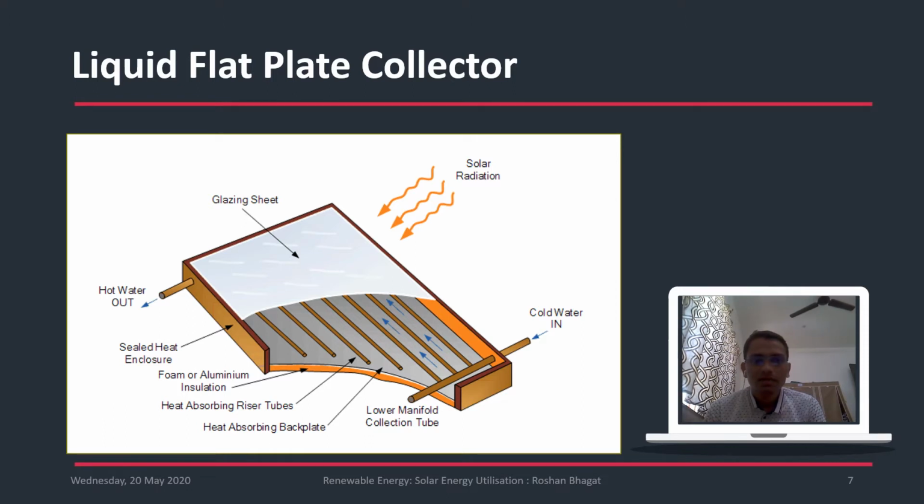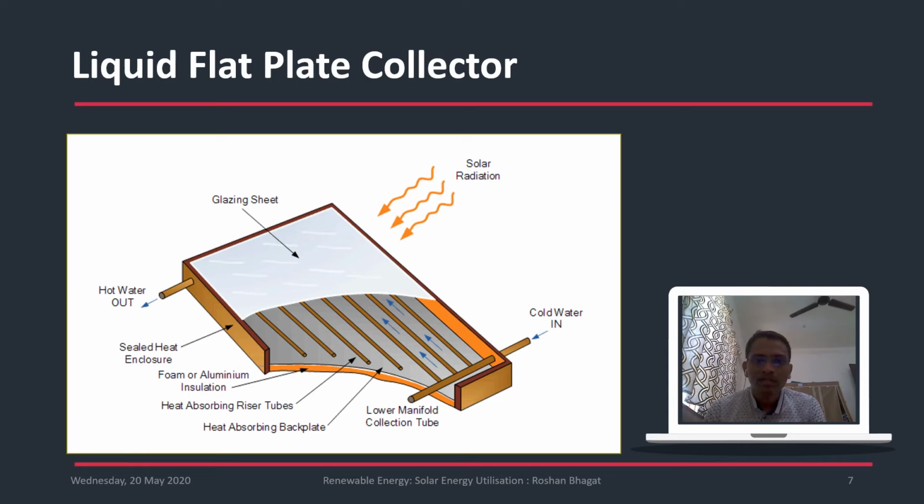It consists of a glass cover. So the glass cover is there. Inside we have an absorber area that is normally absorbing all the radiation which is falling onto the surface. So the solar radiations are transmitted through this transparent cover and they are reaching the inside surface. The water is coming in from this direction, the water is coming out in the other direction. So hot water is coming out, the cold water is coming in.